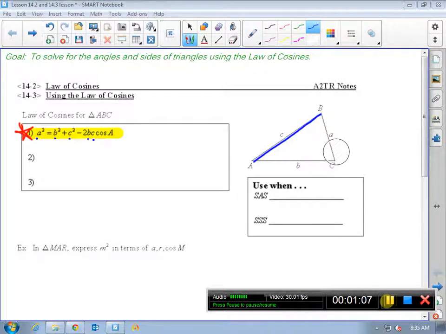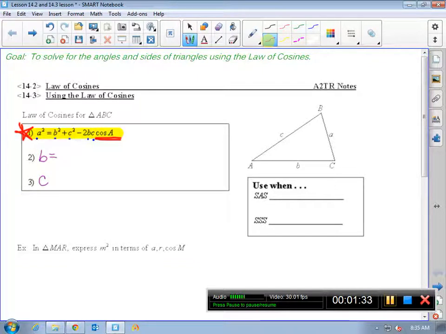Side c is across from angle C. The angles are in capital letters, so this cosine of A right here, that A is angle A. So it's given to you in that form, but you should be aware that you might need to find side b. If you need to find side b or find side c, then we're going to adapt the law of